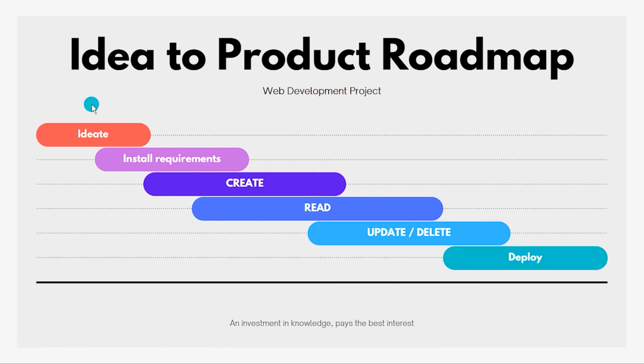Also, the basic roadmap for this would be to ideate upon what that idea is actually going to be and what you have thought for creating the project. The next thing would be the requirements, probably different technologies, what you will be using, how you will be starting. The next thing is creating the main background using Python Django, and then making some ways that is easily readable, retrievable, that can be shared, that can be viewed, and that is actually what we see.